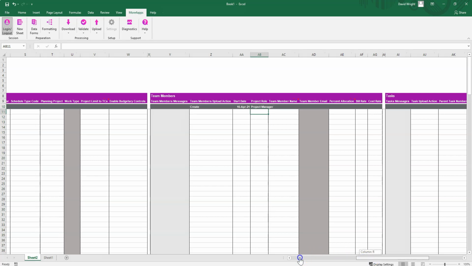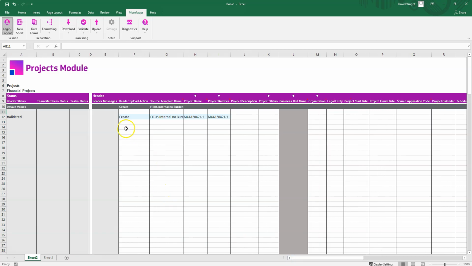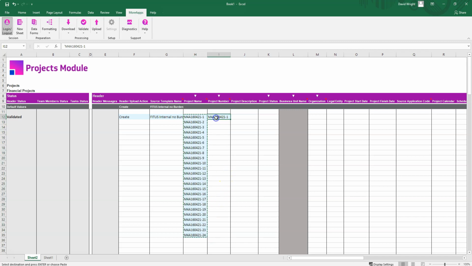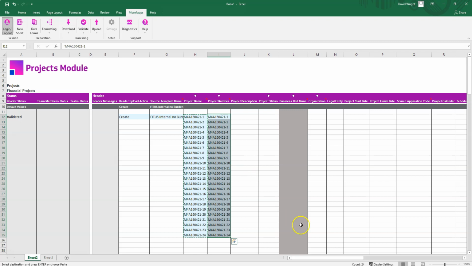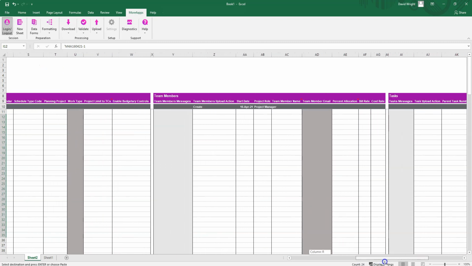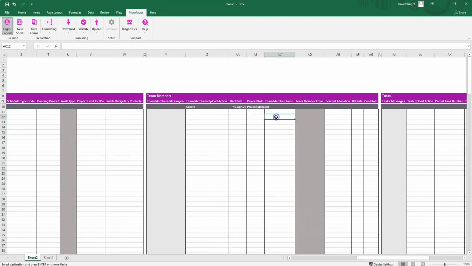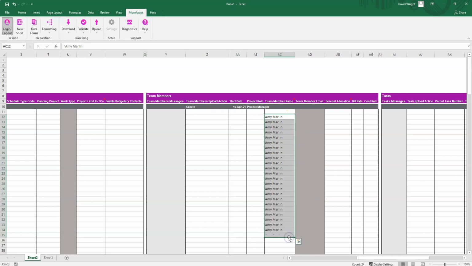Now we're ready to build the data for the list of projects and the team member. So we'll just take our current project name and we'll just use standard Excel to build new project numbers and project names. We'll then scroll across here and we'll add the team member. We'll assign Amy Marlin to all of these projects. Using standard Excel, we'll just drag her name all the way down, and then we'll go back to the beginning